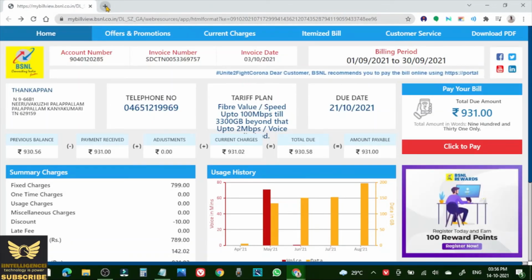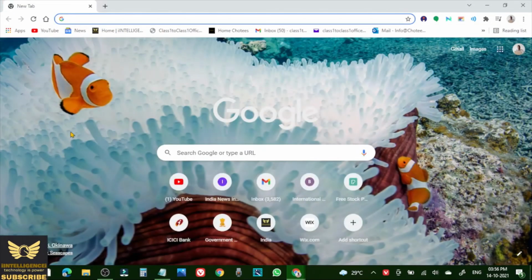So this is the procedure for how to pay BSNL bill online. Okay, thank you friends. Hope you understood how to pay BSNL bill online. Only thing is that once you receive the message from BSNL, there will be a link available. Click that link in order to pay using internet banking. The only condition is you should have internet banking facility, with the user ID and password of internet banking. Then that is done.